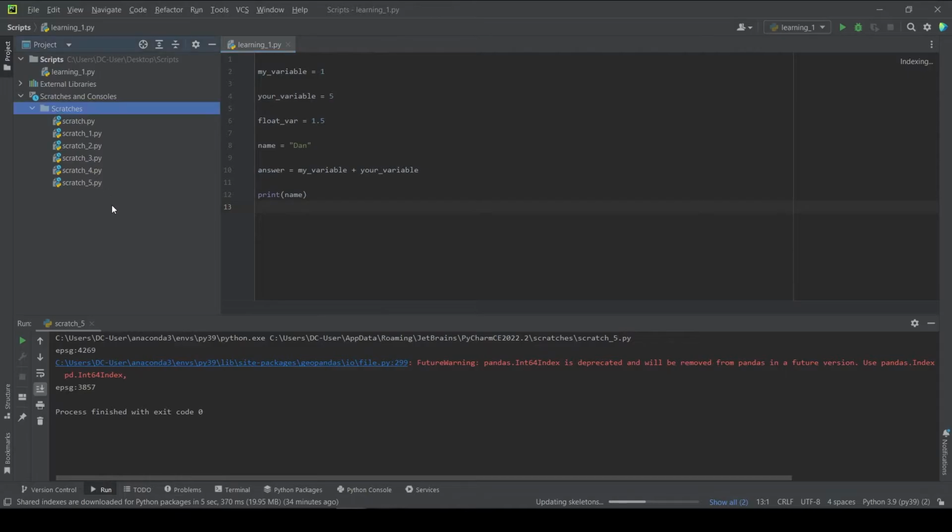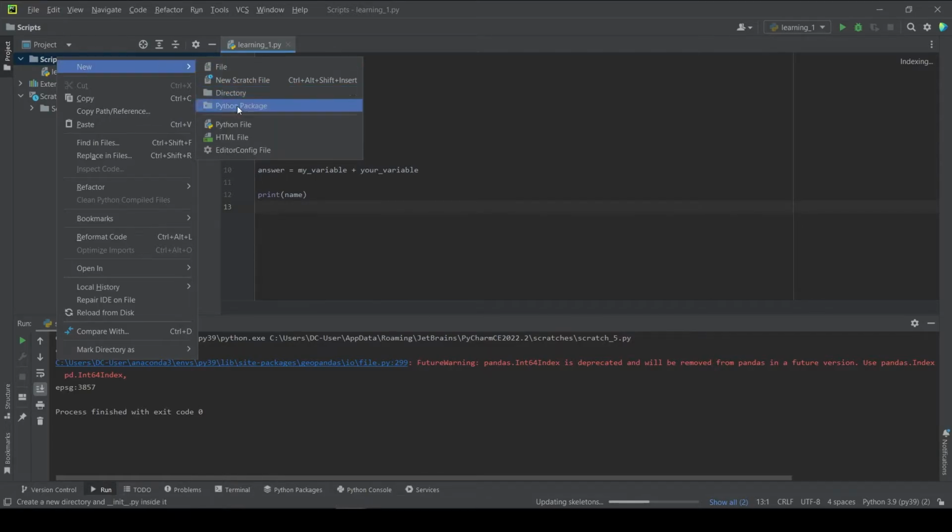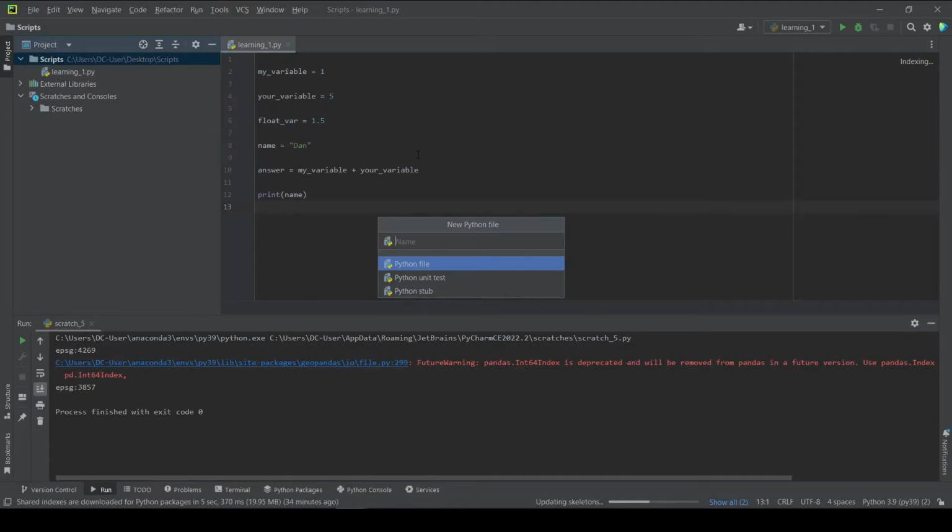But now let's create another script which we will use to store our code to project our shapefile. The first thing we're going to do is right click our scripts folder again in our project pane, go to new, go to Python file, and let's name this project shape